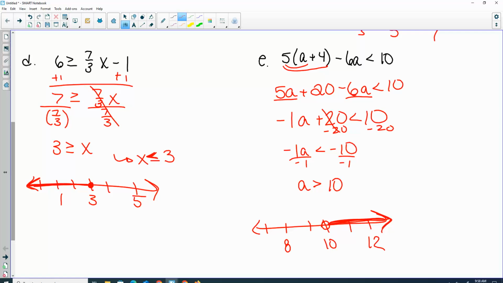So, keywords, like if I say product, what does that mean? Multiply. If I say difference, that means subtract. If I say quotient, that means divide. If I say at most, think about your inequalities, at most would mean what? The greater than. Okay. So let's go ahead and do